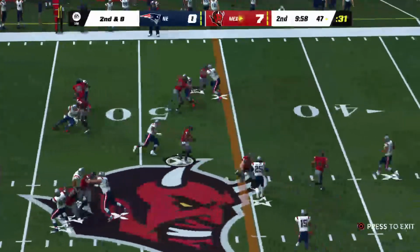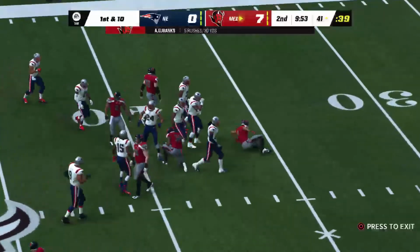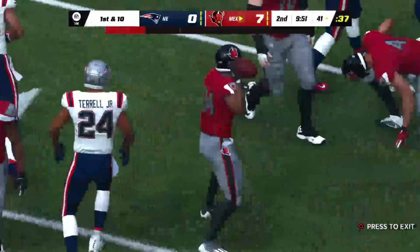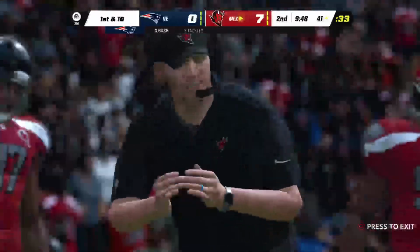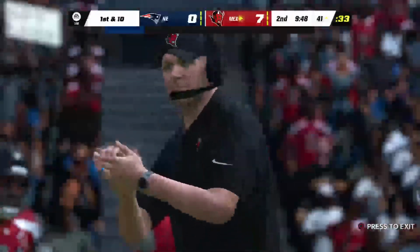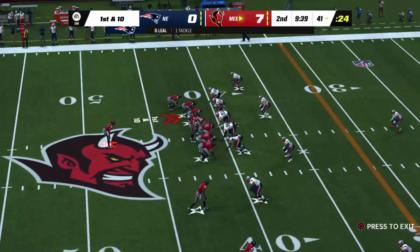On 2nd down, Eubanks on a determined run there as he's going to take this all the way down near the 40. 12 yards there and a first down. Although his reputation as a speedy runner precedes him, it's always fun to watch him work. It is eye-opening, isn't it? Because when you see him get the ball and just...